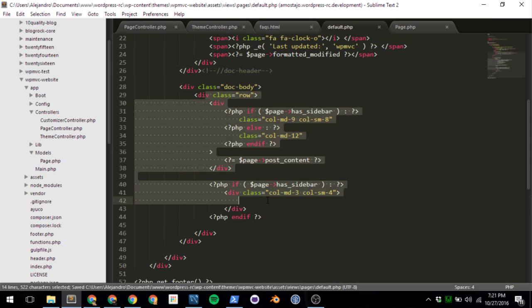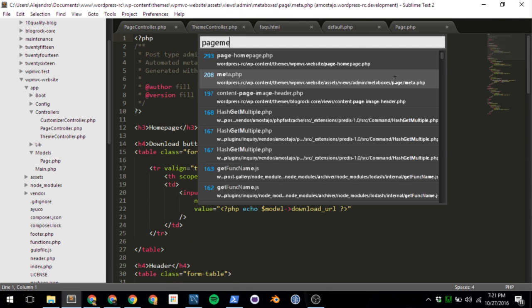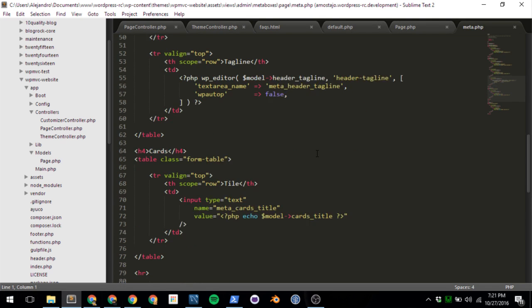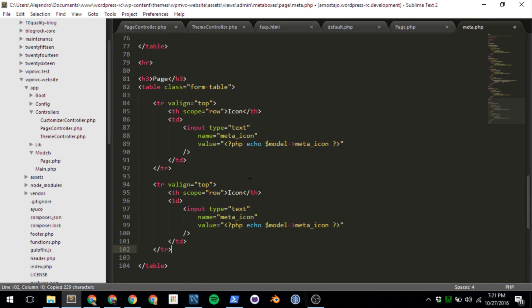Alright, so we added this here, but we need to add the function actually in our meta form. So let's go to our edit and our meta form. So we come over here, and we're going to add a new row, a sidebar. This will be a checkbox, and meta should be sidebar. The value should be 1, and this is where this is different, because